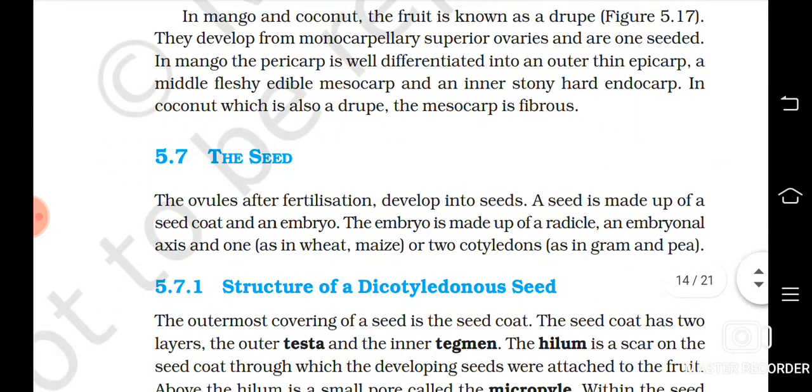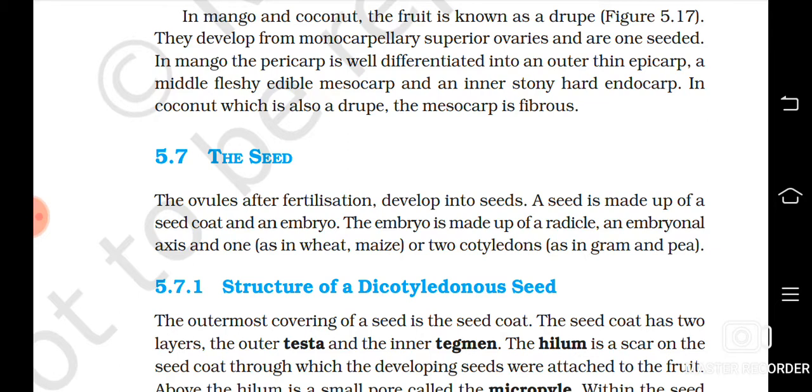So what are seeds actually? Seeds are formed from ovules, or the matured ovules are known as seeds. For example, in the mango tree you can see one seed only. That means when the mango was in the flower stage, in their ovary only one ovule is there. And if you see the tomato, you can see many seeds in them, isn't it? What does it mean? It means that in the flower of tomato, in the ovary there are many ovules.